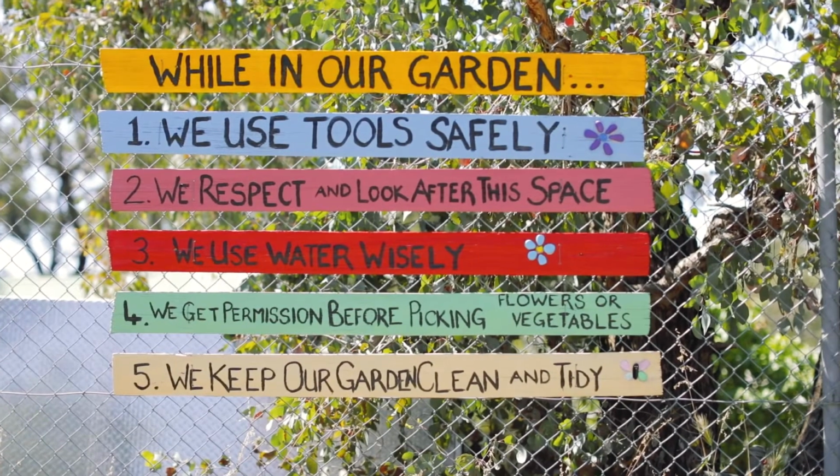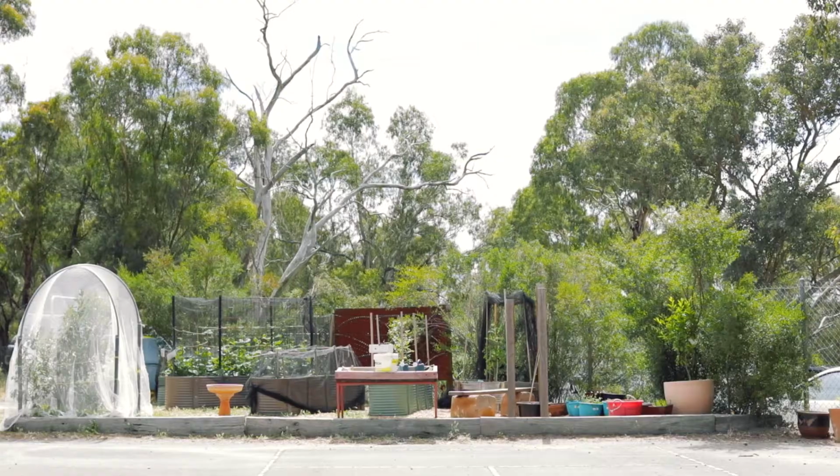Hi, my name's Jess and I run the Diamond Creek Primary School Garden Club. We started in April of this year, the Garden Club, and we started with a really simple plan, and it